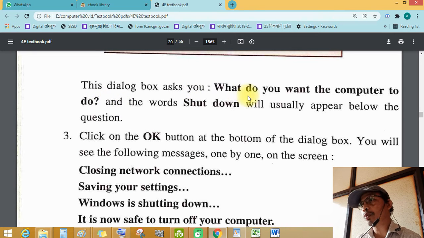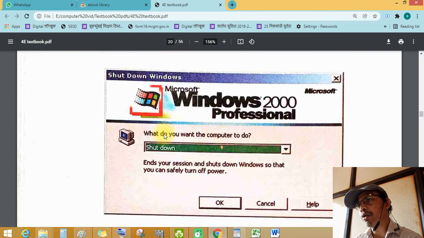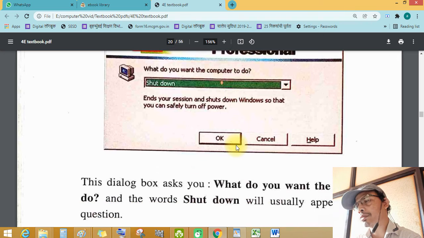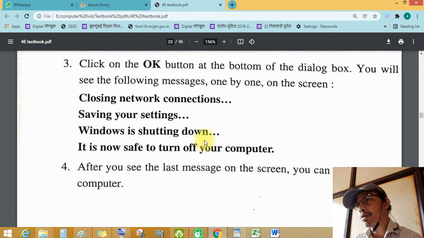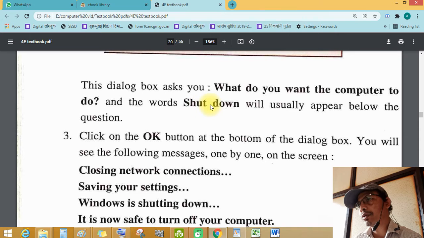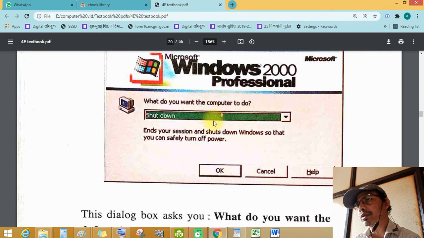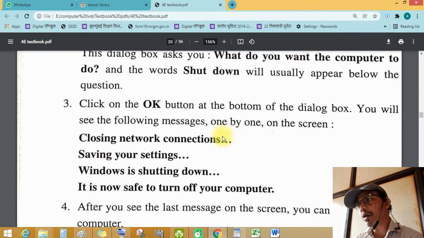This dialog will ask you what you want the computer to do. Now shutdown will automatically appear below the question. Now you will see the following messages one by one on the screen.